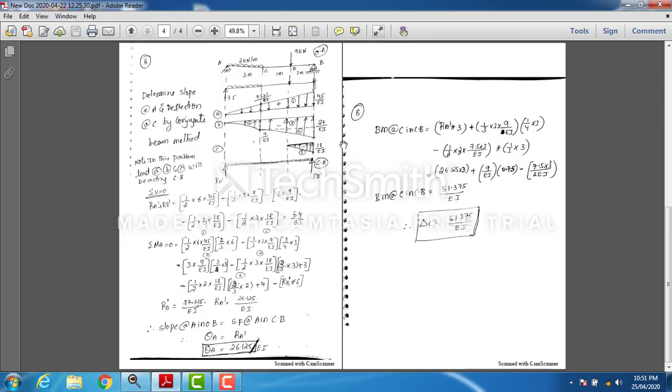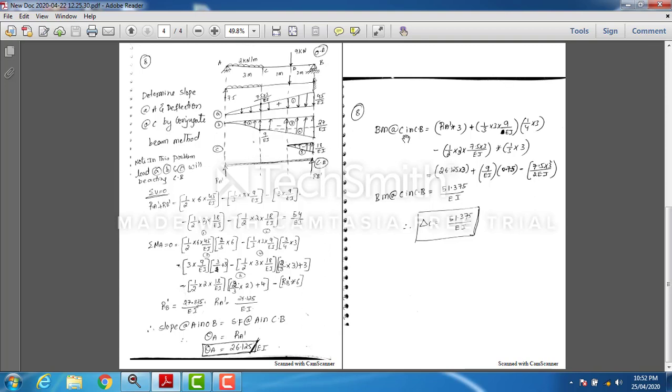So next we should find the deflection at C. It's better to take the left portion because we will have standard areas. If we take the right portion, it is very difficult to divide this area. That's why we take the left portion. Here it's a triangle, and here we have a cut portion of a parabola. We have only three components: RA dash and these two areas.